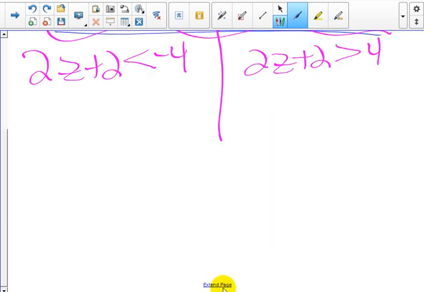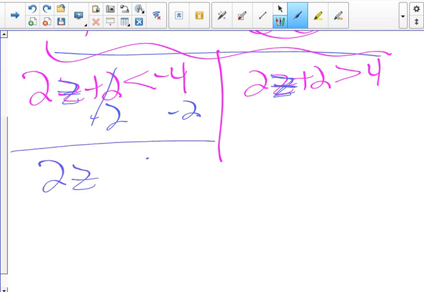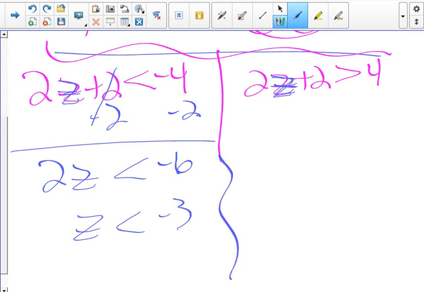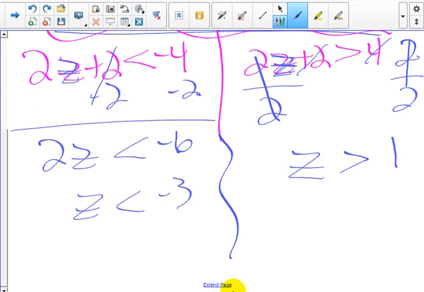All right, now solve for x on both sides. I'm sorry, z, not x, z. We got a z this time. So we're solving for z. So I'm going to subtract 2 from each side, giving us 2z is less than -6, so z is less than -3. And over here, I'm going to subtract 2 from each side, giving us a 2, and then divide each side by 2, and we end up with z is greater than 1. So there's my two